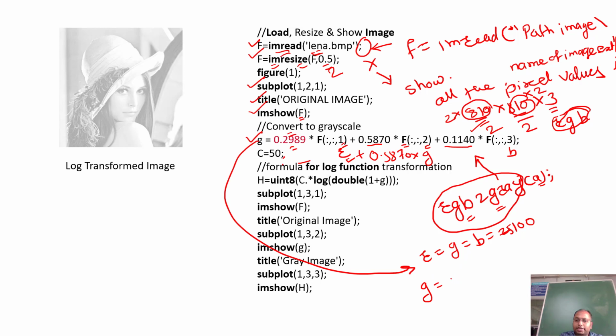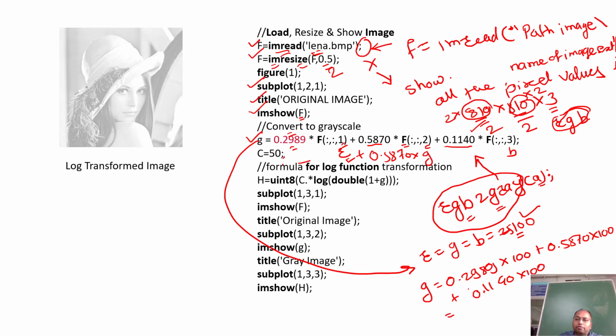It is 0.2989 into the value of red, which is 100, plus 0.5870 multiplied by again 100, since the green pixel is again 100, plus 0.1140 multiplied by 100.